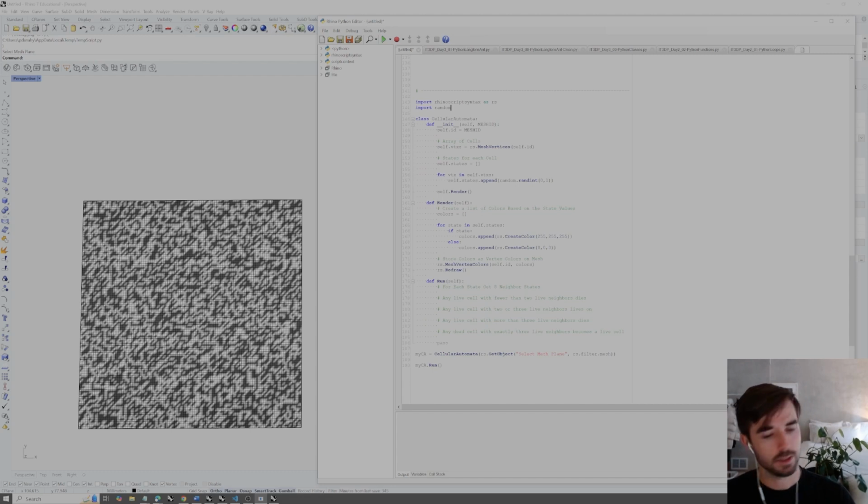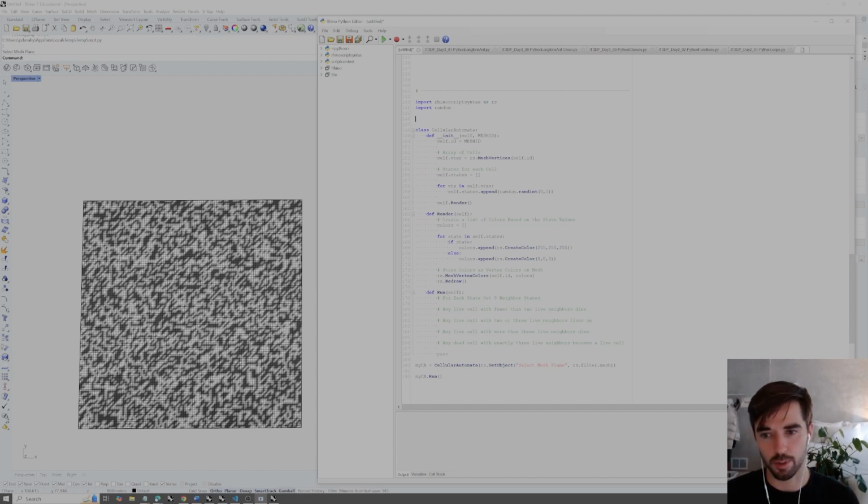We can do this, just like with the recursion example, by setting an iterations, or let's call them generations, value. And this generations we can start with as 10. Now we need to pass this generations input into the run function, and then we need to read it into our run function. So we can call it